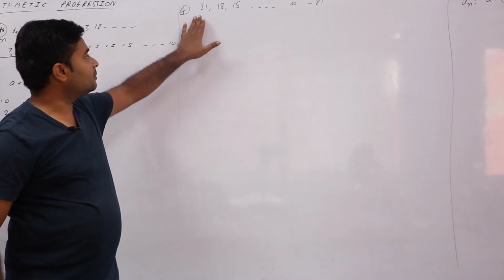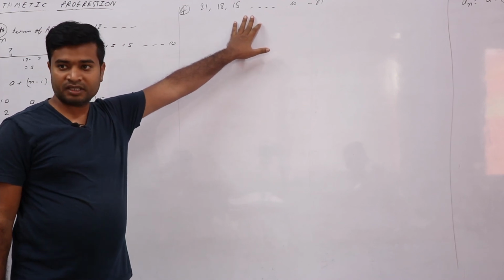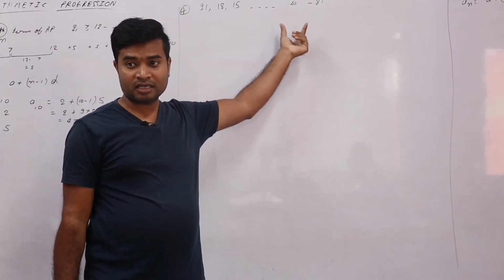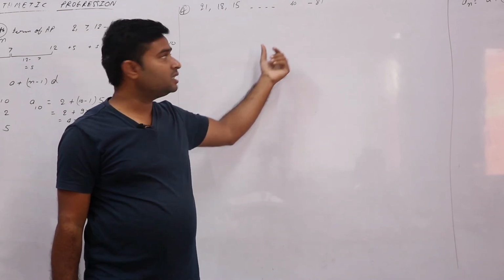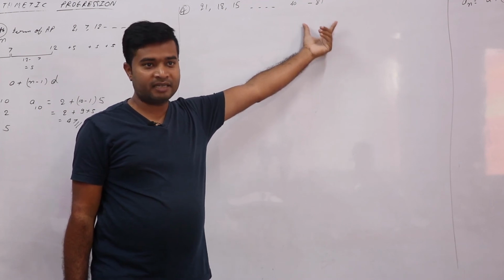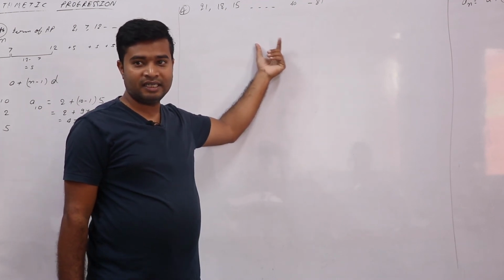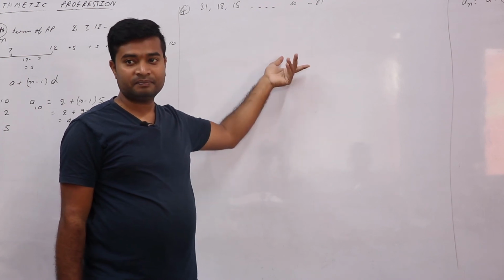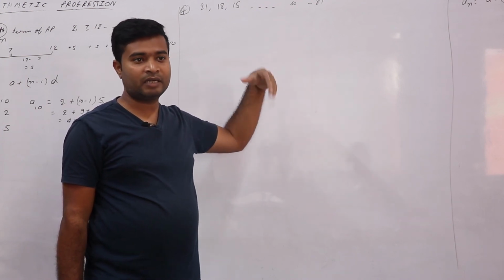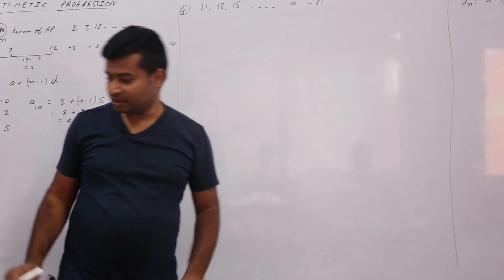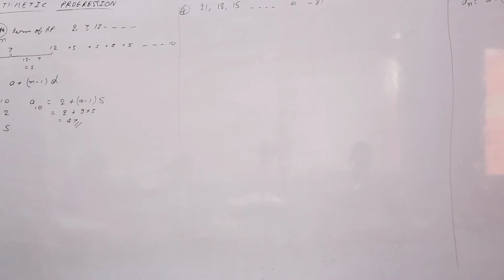This is in decreasing order, right? So in this AP, will 0 come somewhere or not? The first question: which term will be minus 81? The second question: is there anywhere in this AP where 0 will come or not? If it comes, then why? Correct. It means we should prove that this term will be 0. Getting?